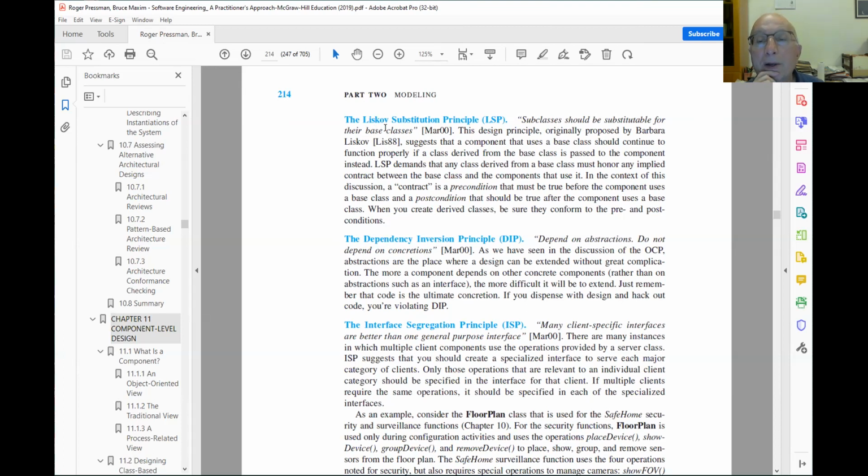Then when you substitute a subclass, that is something more specific. Okay, let's try an example. Suppose your base class is figure and your subclass is circle. Okay, so you may use circle anywhere figure is used. So that would be the Liskov substitution principle,